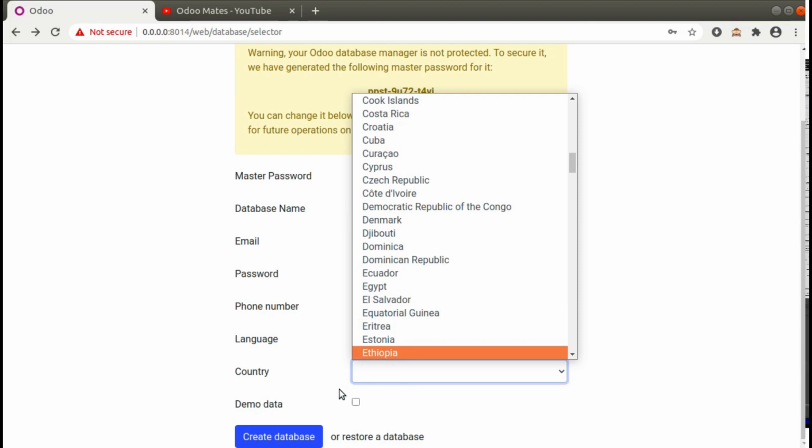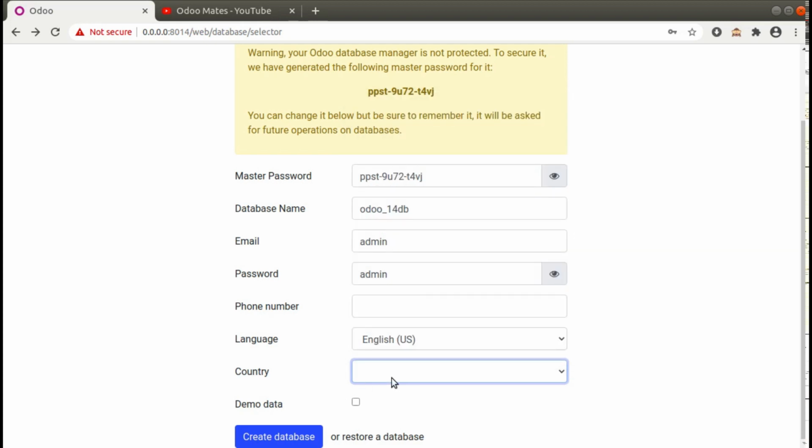Either you can leave it empty or choose the country where you are going to use Odoo. Finally we have a boolean field, demo data. If you are creating the database not for production but for testing, we need some data to work on, like customers and products. In that case you can tick this field so that demo data will be loaded into the database.